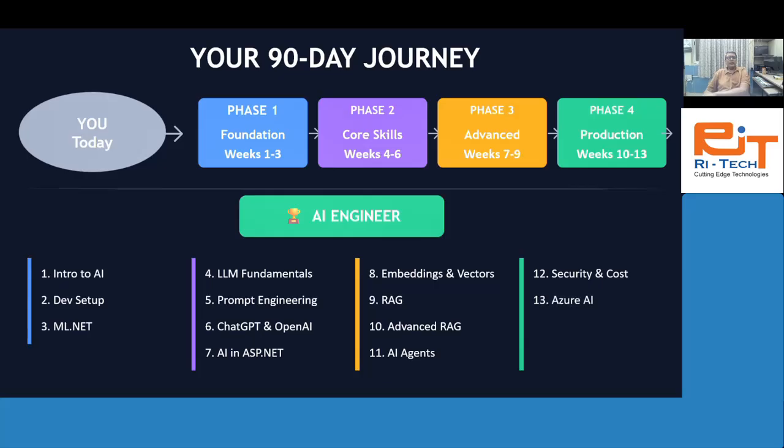Now, Azure AI, that is the most interesting thing that we are going to learn. Even those students going to the Python track also need to learn Azure AI and vectors and embeddings. Then we'll have the final mega project, the capstone project.